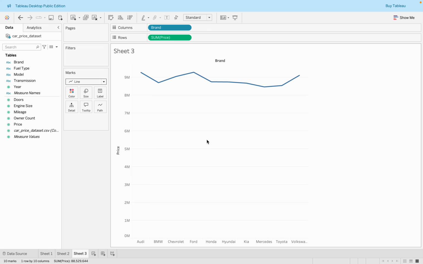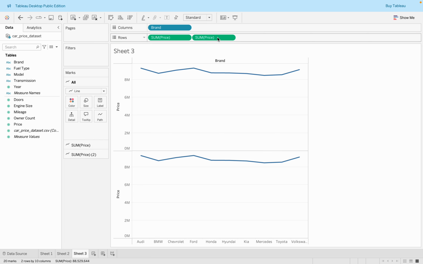So I want to put little circles on each car brand to be represented by little circles. So I will hold down the shift key here, the command key here, and then I will duplicate this and put it here. So it will give me two different graphs. So here on the first one, I will change